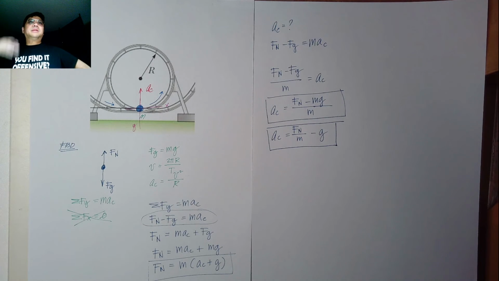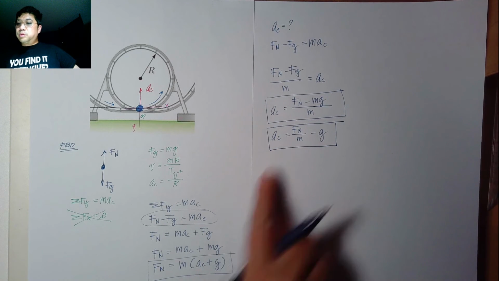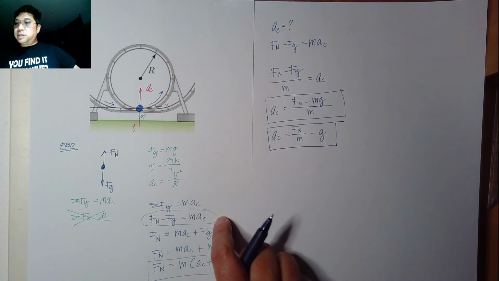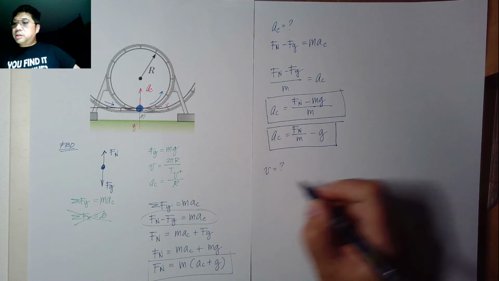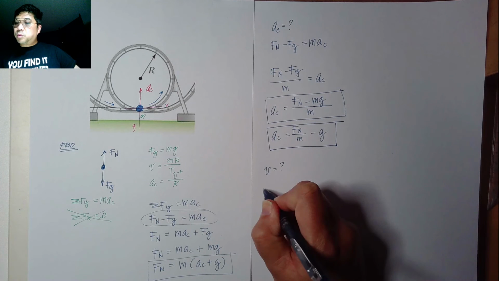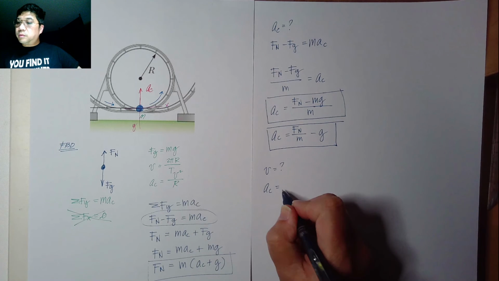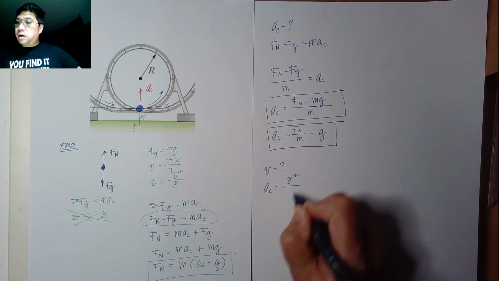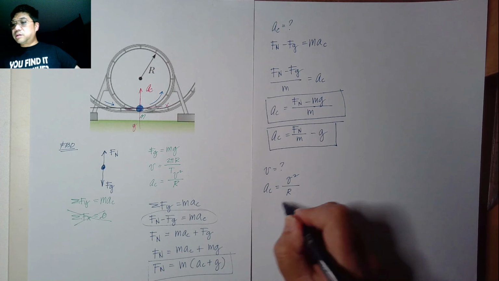Now, what is the velocity, given that condition? What is the velocity at the bottom? If you want to solve for the velocity at the bottom, then we all know, using this same equation, what is the tangential velocity? So we can say that centripetal acceleration is simply equivalent to v squared over r. Now, in order for us to solve for the velocity, the tangential velocity, cross multiplying r